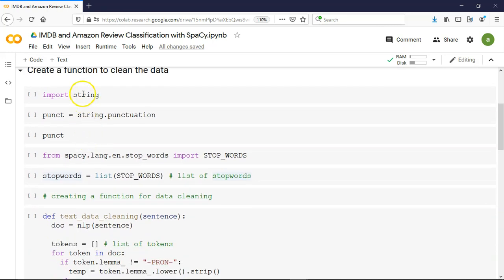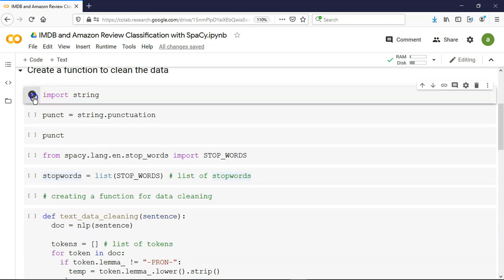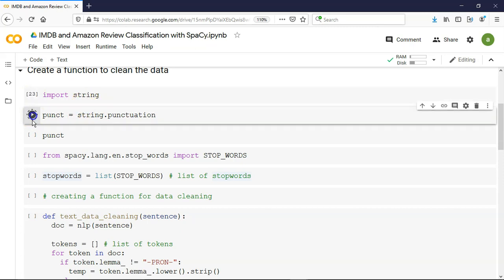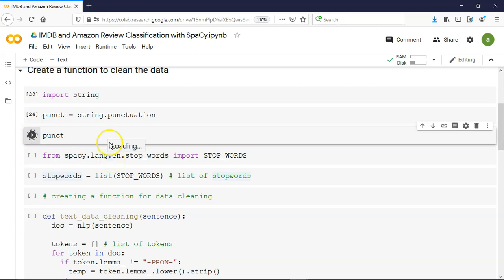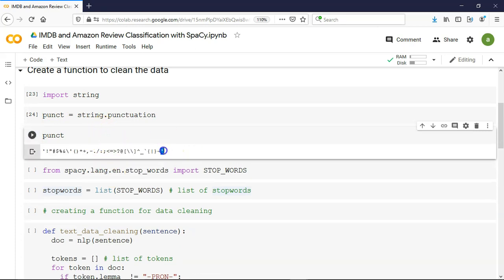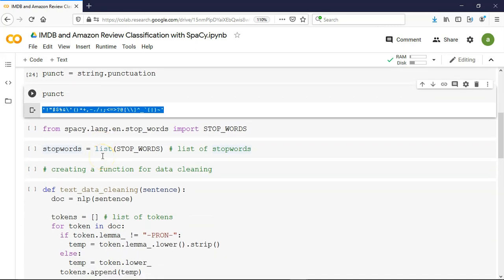Now, as a part of the Python distribution, in the string class itself there is a punctuation attribute available which you can apply on this string object. And if you display this punctuation, you will be able to see all those punctuation marks as part of one string. Something like exclamation mark, double quotes, hash, dollar, percentage, ampersand, backslash, forward slash, and many more. Alright, so that is about the punctuation marks.